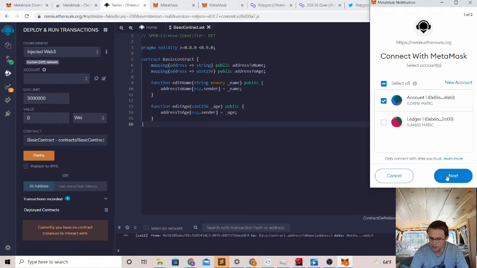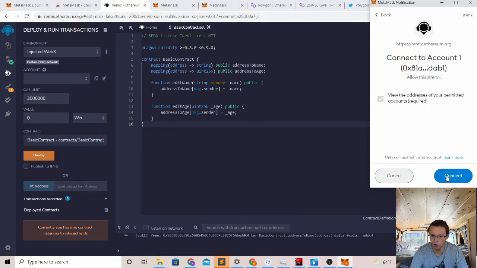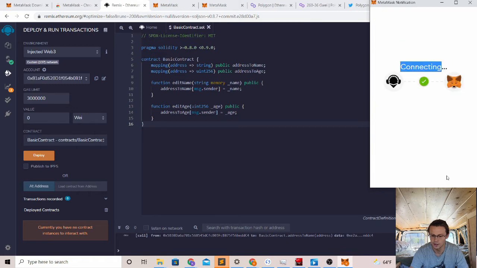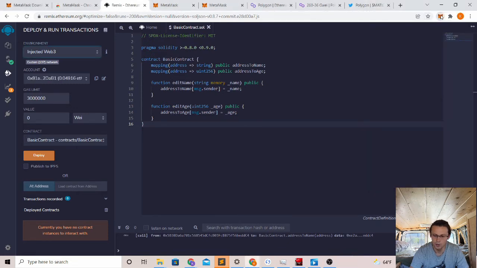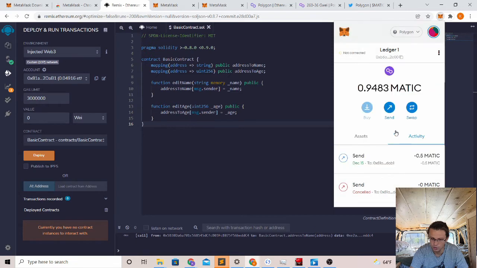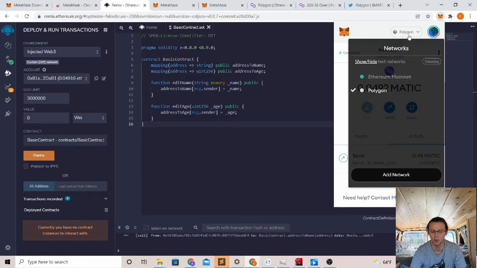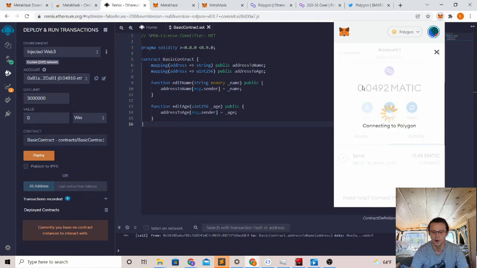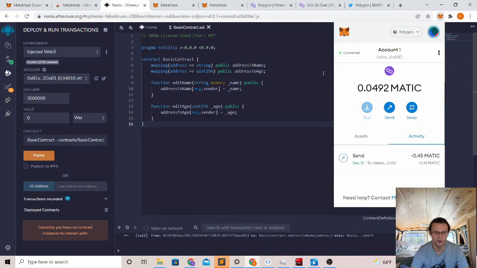And since we're on Polygon network, we'll do next. And we'll allow Remix to connect. And then we're going to just double check and make sure that we're on Polygon here. So your account is not connected. That's okay. We want to switch to this account. And we're on the Polygon network. We're connected here. If it was the Ethereum network, all we would need to select is Ethereum here. It's just too expensive to do this kind of test stuff on Ethereum. So on Polygon, here we are. And then we're going to hit